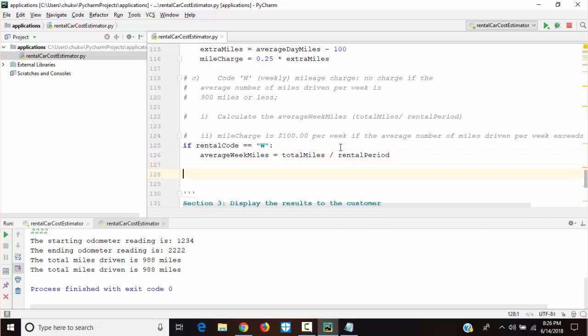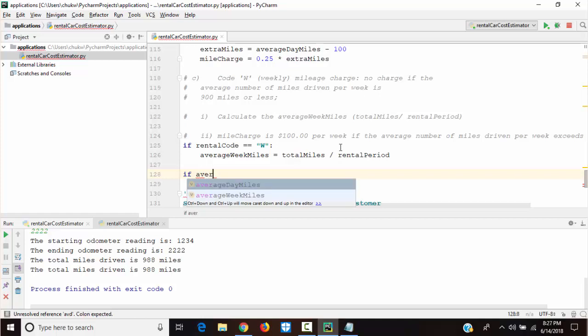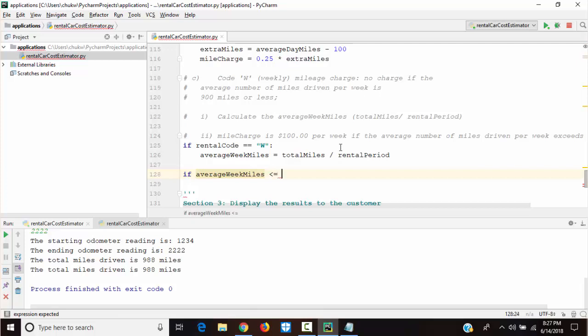Then, if the average weekly miles is less than or equal to 900, then mileCharge will be 0. What happens then? mileCharge is equal to 0.